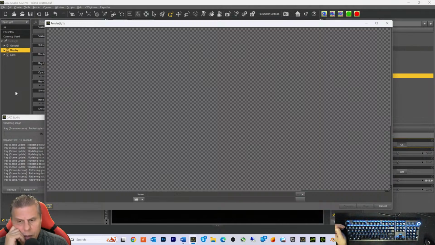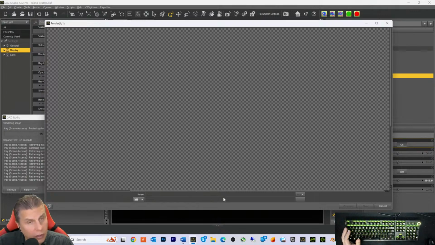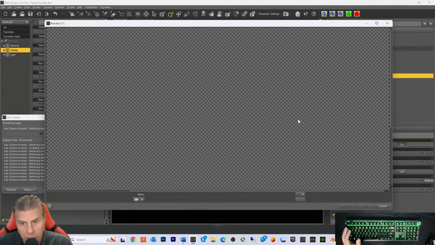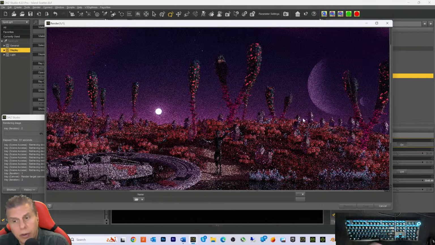I think there's something you have to run on the light to turn it into a transparent mesh light. There's new stuff in Daz. I think it used to be just transparent, but there may be things you have to do now to make it transparent. We'll see. Is it still going to show its light even though I turned that off in visible in render? Usually they're not visible because